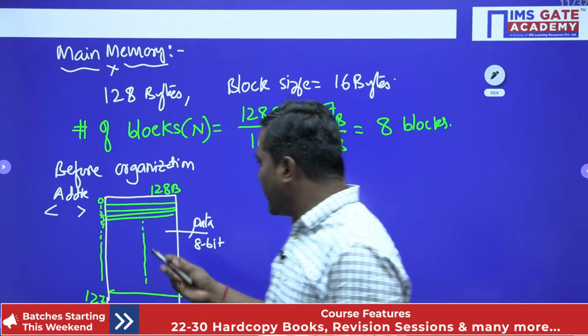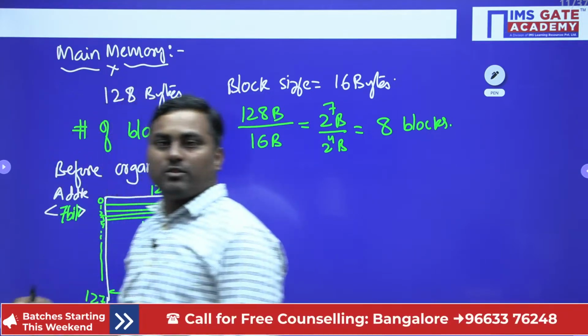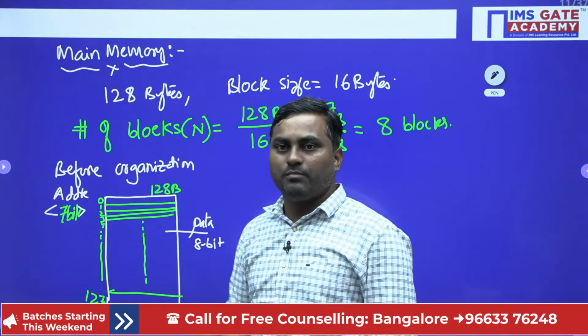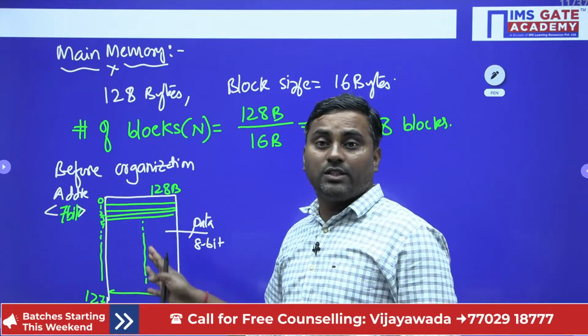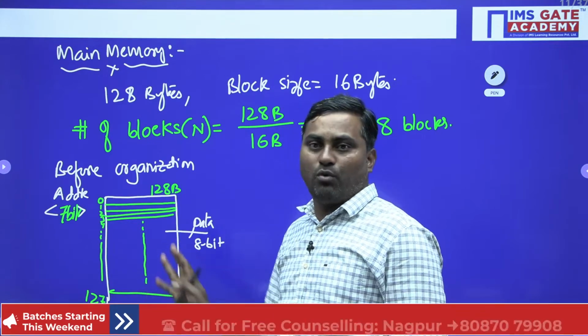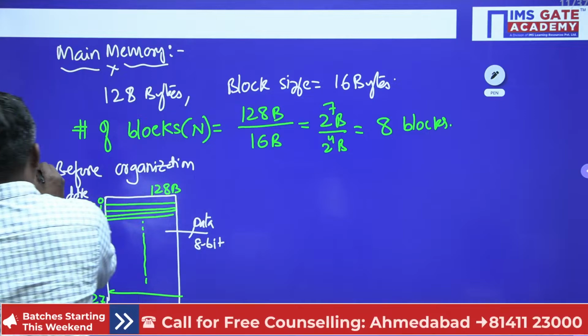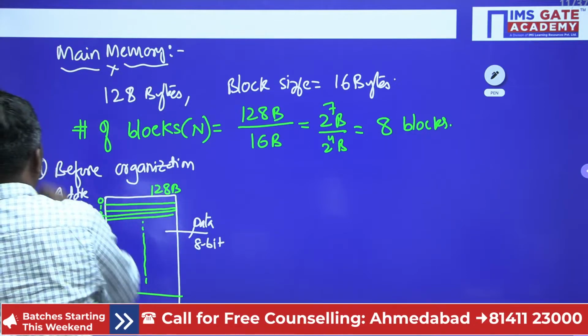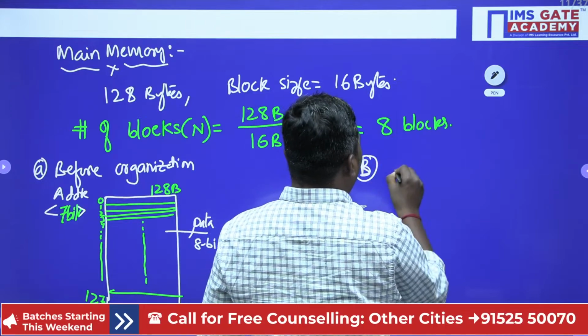So 128 means 7 bits required, right? 7 bits required. With this 7 bits combination, I can identify one of the locations. So this is before organization of this memory component in terms of blocks. Now let's mark it, this is A. Look at B. B means what? B is after